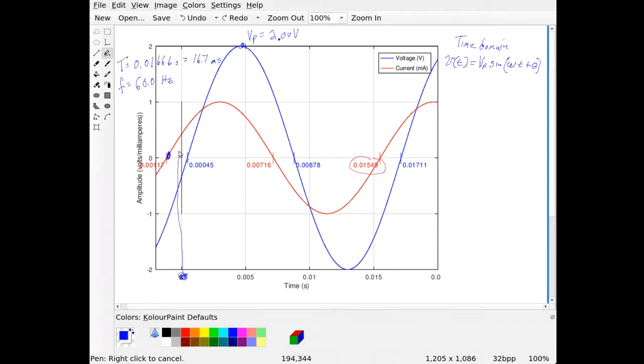Down here is time t equals 0. I made this a thicker black line so we could clearly see where t is equal to 0 on the graph. So we're crossing after, which means it's going to be a negative value for the phase shift. So the angle theta, which is our phase shift, is